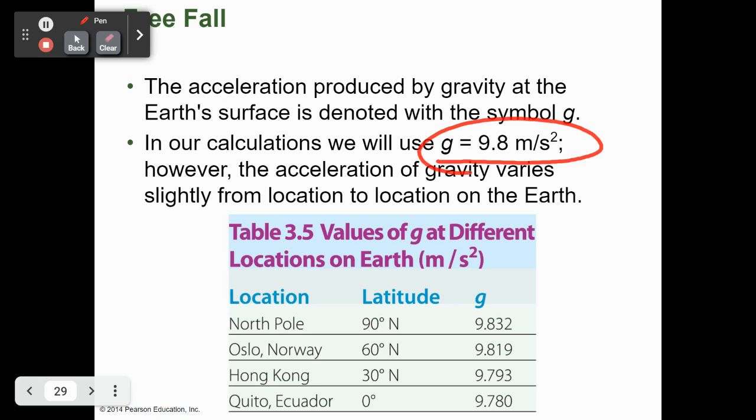Memorize that number. I will not give you that number. In a problem, all they'll say is the object is in free fall. You are expected to know that that means acceleration due to gravity is 9.8 meters per second squared. Wait, so I gotta remember every single one of them? There's only one. It changed in Hong Kong, not enough for us to worry about. Right? Because if you look at the table, it is 9.79 as opposed to 9.8. That's not enough for us to worry about. Okay? That's just showing you that it is due to gravity.